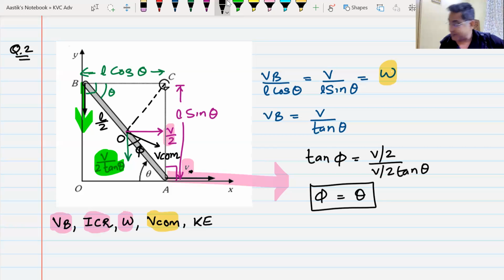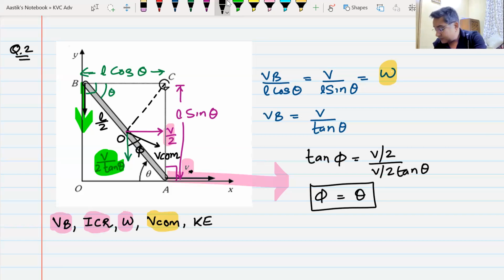I will again repeat it. What is known to you is the velocity v of point A. Sometimes the velocity of point A is known, sometimes of point B. Whatever is known, from the velocity of point A you can calculate the velocity of point B, and from the velocity of point B you can calculate that of point A. You can find out where the ICR is. You know the location, L cos theta, L sin theta, depending on which theta is given. You can find out the angular velocity also.